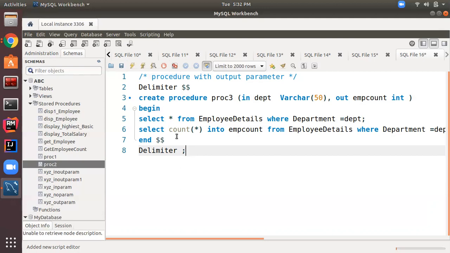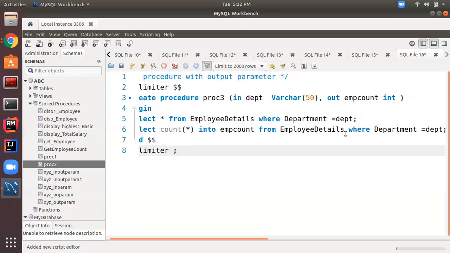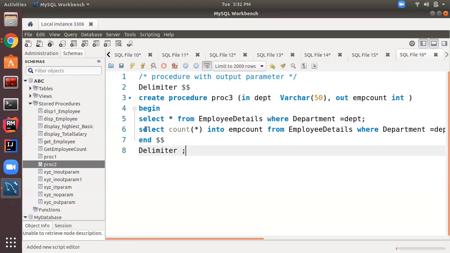Okay, so in these queries we are using both the parameters. Select star from employee details where department is equal to dept, and select count star into amp count from employee details where department is equal to dpt, right? And after that we are ending the procedure. So let's store this.